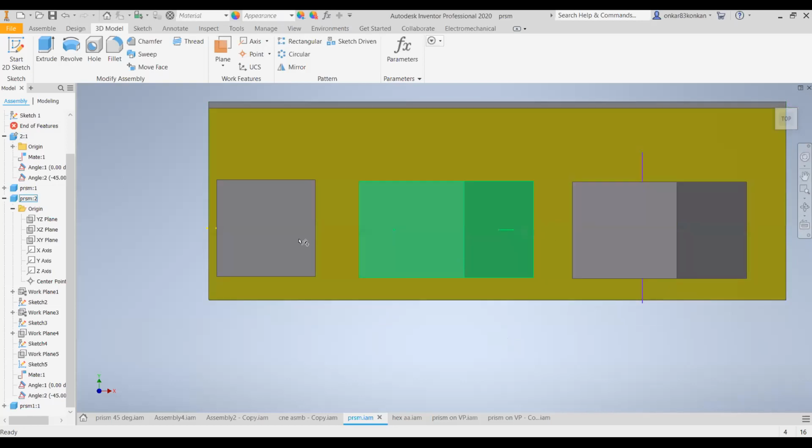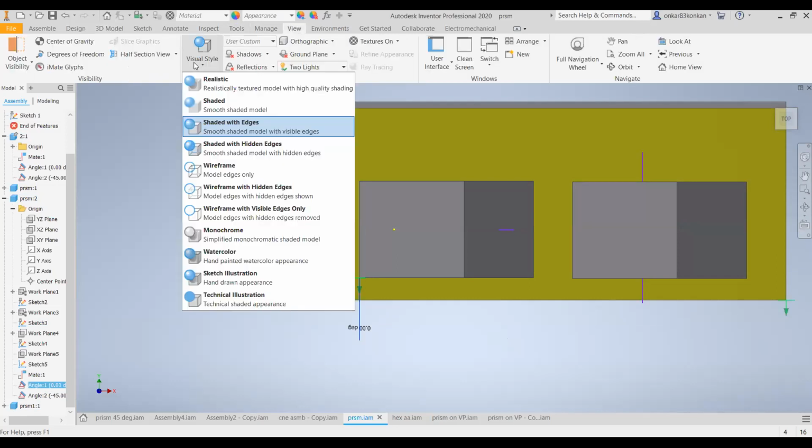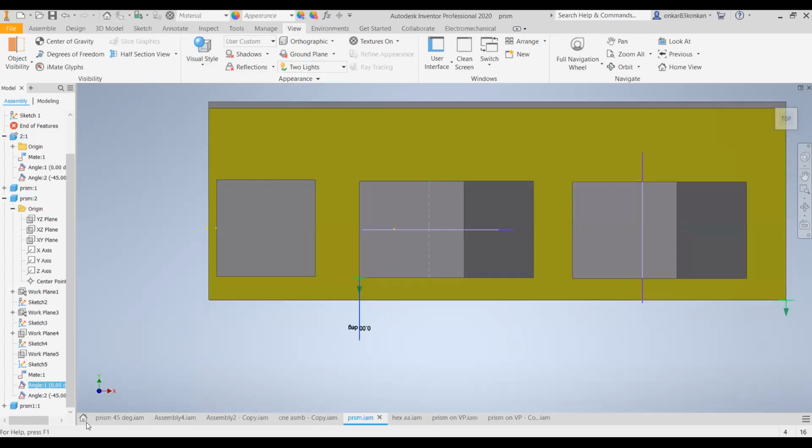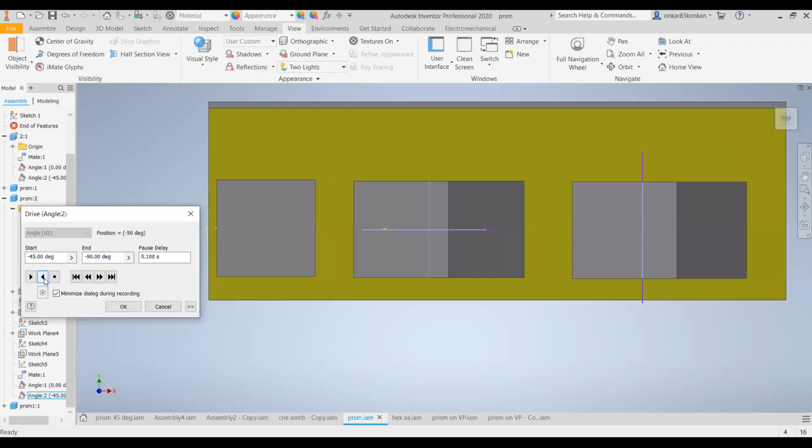You can observe how the top view will change compared to the first stage top view as you rotate the front view.